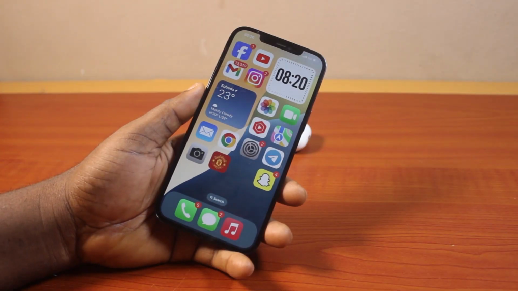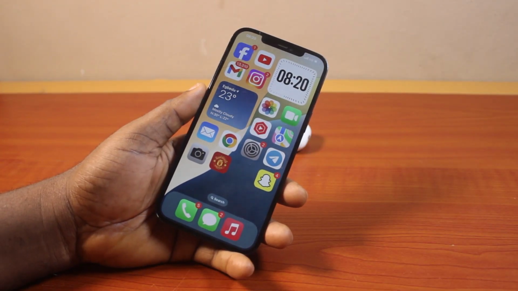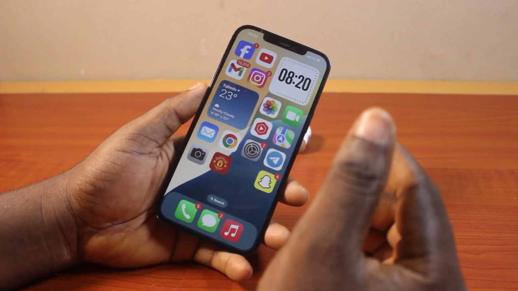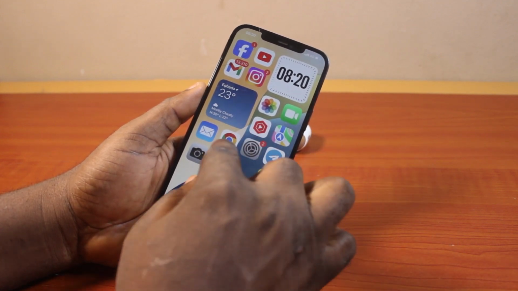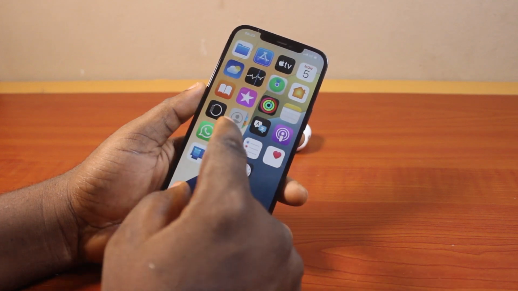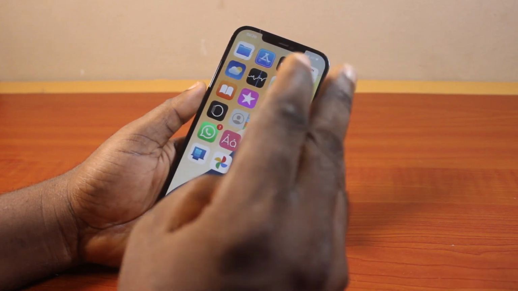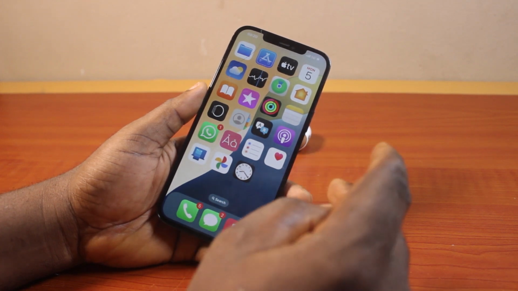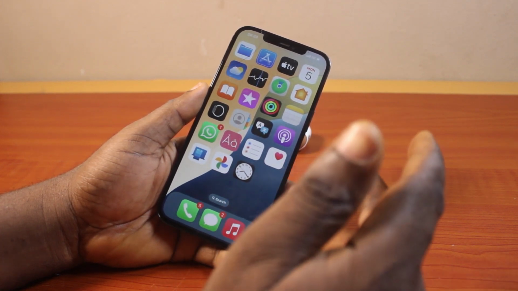In this video, I'll detail how to fix applications not opening on iPhone. So if your apps are not opening on your iPhone, maybe some of the applications you have installed on your iPhone are not opening, or all the applications are not opening, then I'm going to provide 3 solutions to this. So at least one of these solutions is going to work, and if the first doesn't work, the second might,